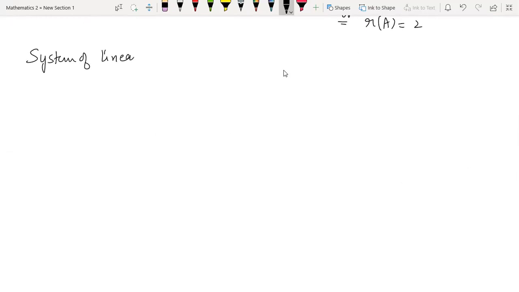So let me again tell you, in the first lecture of linear algebra, I told you what a system of linear equations is, so I'll be directly writing that. So symbolically,